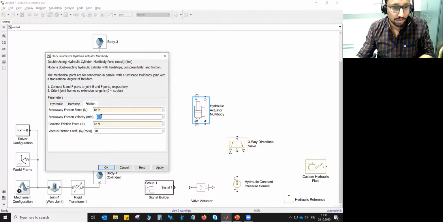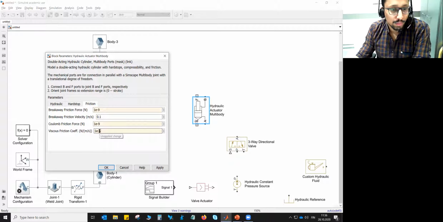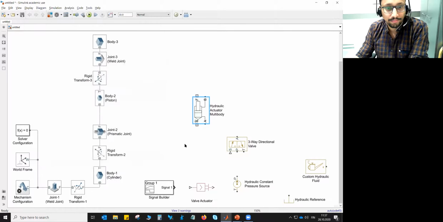This breakaway friction velocity, I think it's the Stribeck velocity. Normally it is that. And then we have viscous friction, which can be 1 into 10 to the power minus 6 Newton per meter per second. So yes, this is how our system is. And press apply and then press OK.